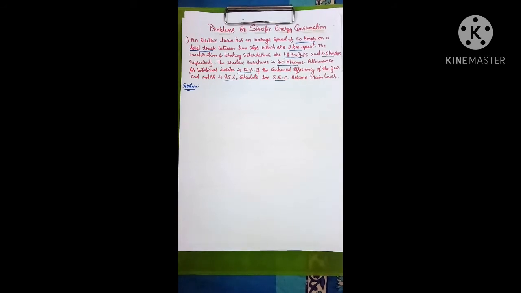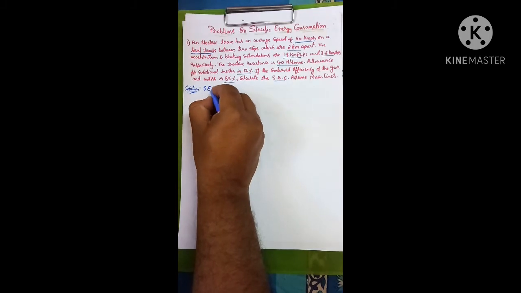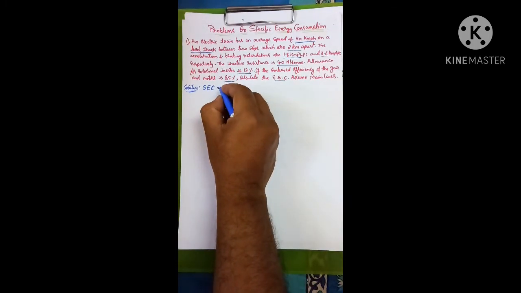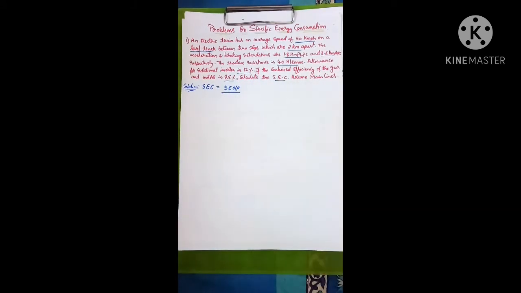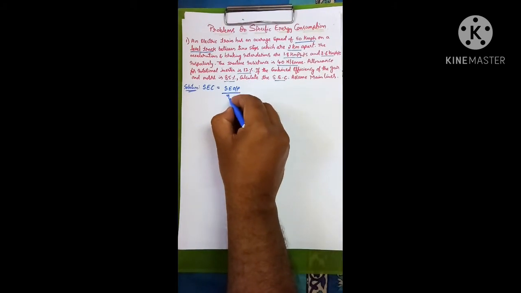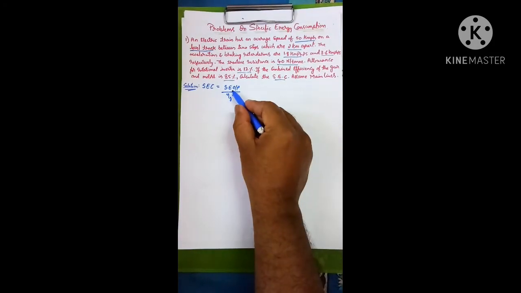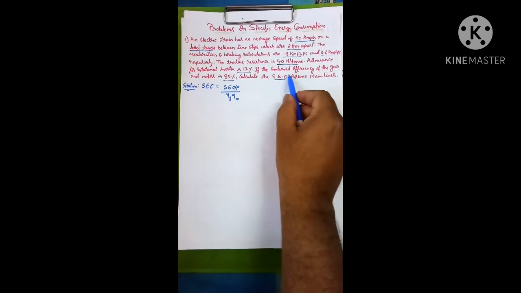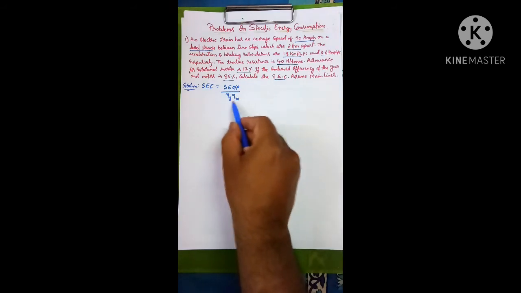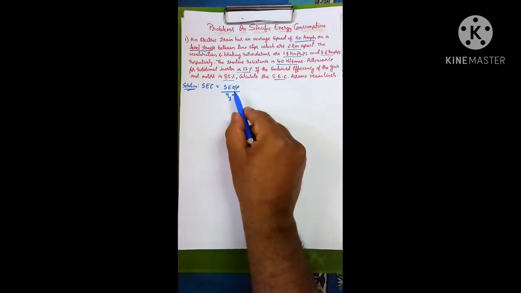While solving the problem, let us write the formula for that. Specific energy consumption, let me denote it as SEC, can be given as specific energy output divided by efficiency of gear times efficiency of motor. This is what we derived. So you need to find the specific energy output, because the efficiency of gear and efficiency of motor are not given separately, but the combined efficiency is given as 85%. So that we have. Now we need to find the specific energy output.